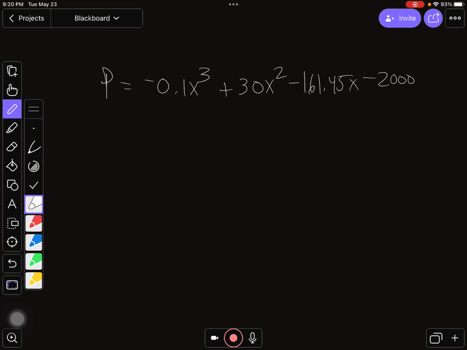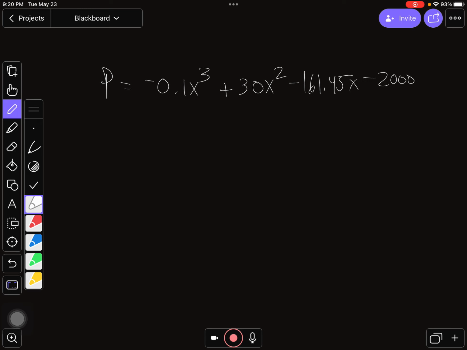And this one says, find the marginal profit for producing X units. Marginal profit would be the additional profit that you get for producing X units. Whenever in calculus you see marginal anything, marginal profit, marginal revenue, that's another indication you need